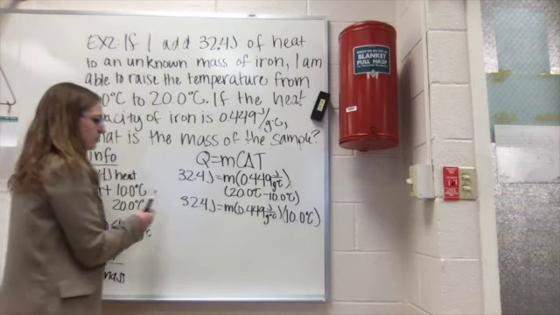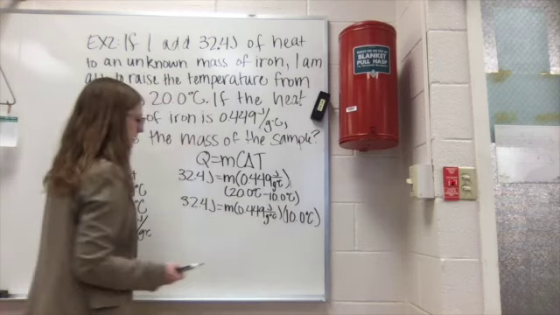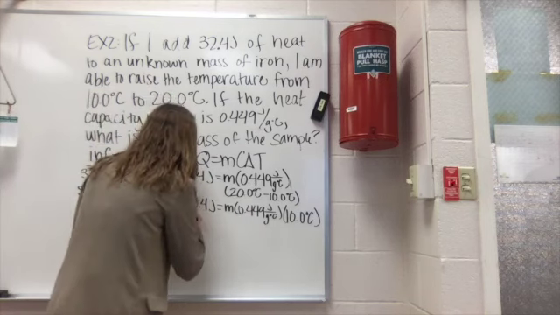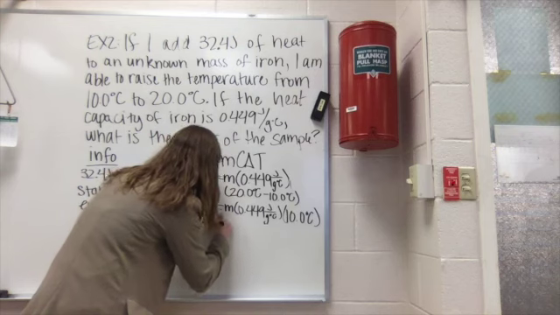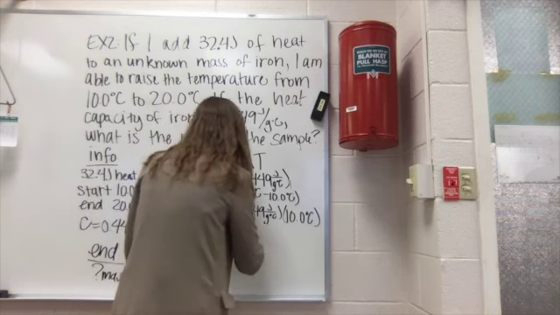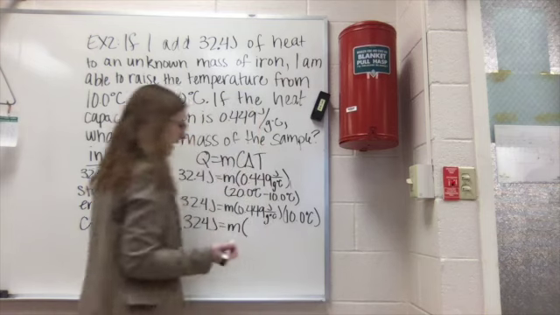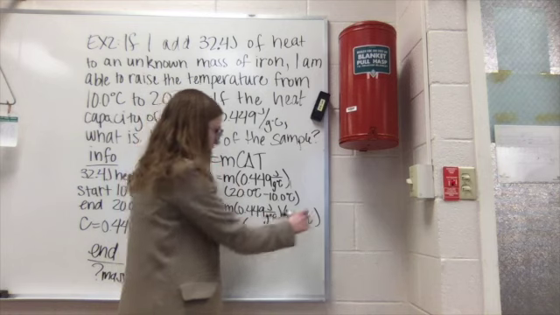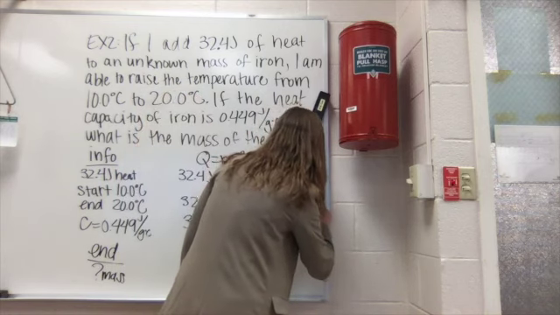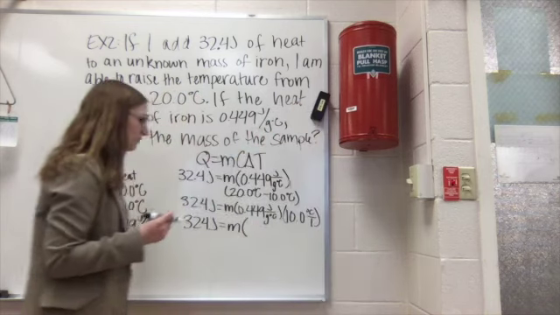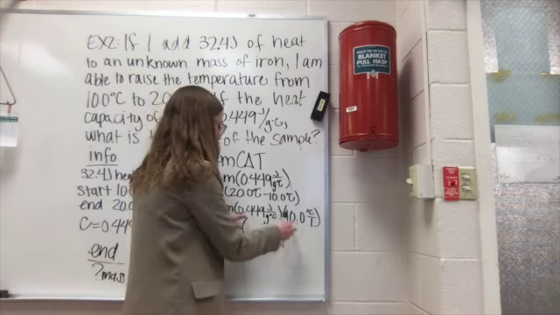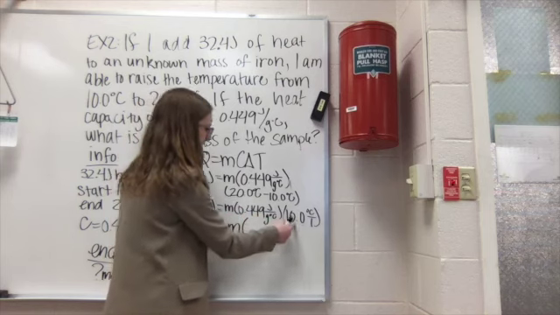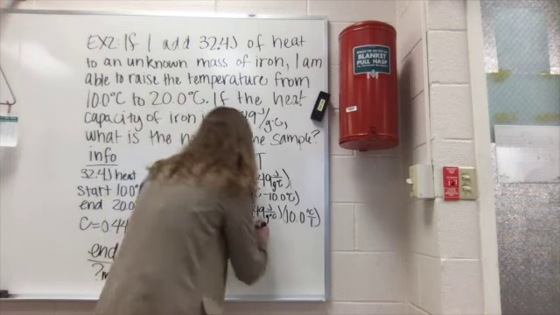And then let's do some more simplification on this end to see what we can have happen over here. So I'm still going to stick with my 32.4 joules. I'm going to have my mass times something. So what I'm going to do here is rewrite this unit really quick. Degrees Celsius divided by 1. So if I'm looking at this, I'm going to go ahead and multiply these two numbers. So 0.449 times 10.0, that is going to give me